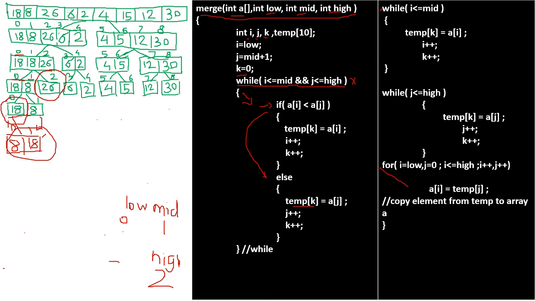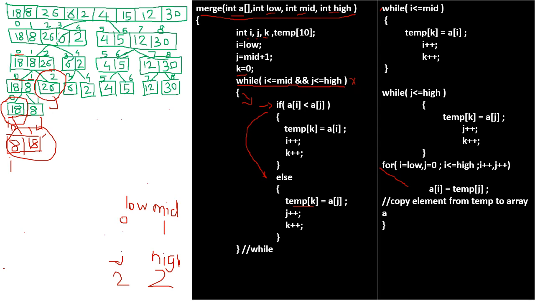Now we are merging these two sublists. We are going to merge these two sublists, that is 18, 0, 1 and the 2. Here again this indicates the I value, that is the first sublist, and j is equal to mid plus 1. Our mid value is 1. Then 1 plus 1 is 2, that is the second sublist, or the index number 2. Okay, here the j value is 2.